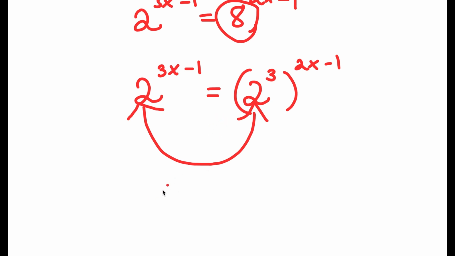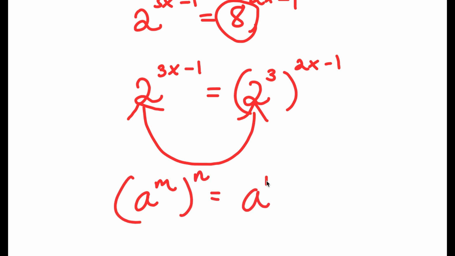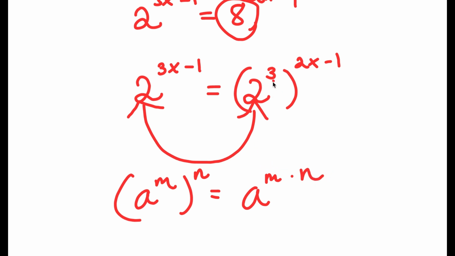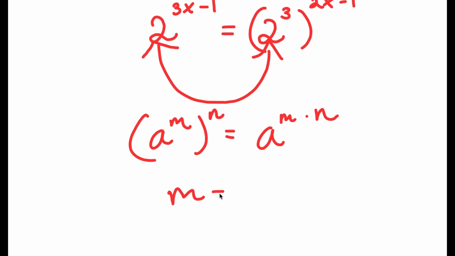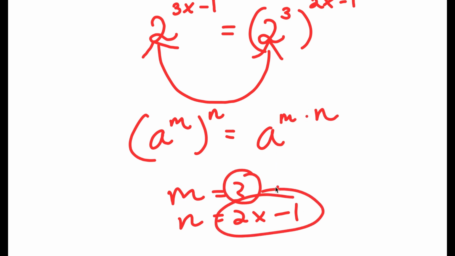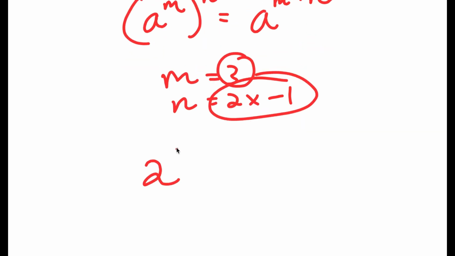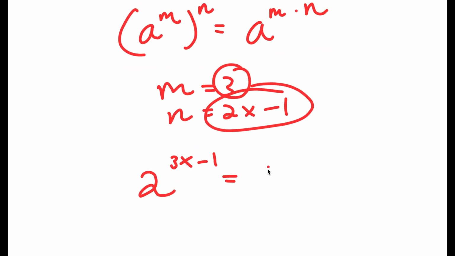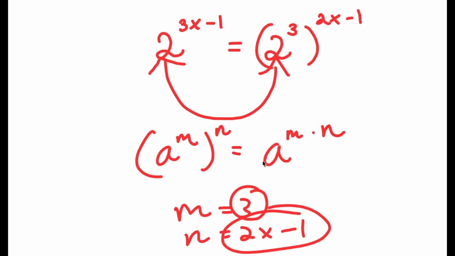Now, if I have something in the form a to the power of m to the power of n, this is equal to a to the power of m times n. So in this case, we have 2 to the power of 3 to the power of 2x minus 1, and we can think of m as 3 and n as 2x minus 1. So this is going to be equal to a to the power of m times n, so 3 times 2x minus 1. So now I have 2 to the power of 3x minus 1 is equal to 2 to the power